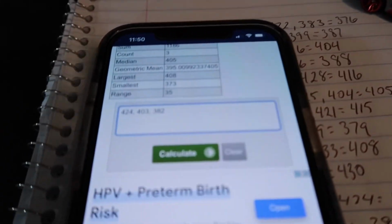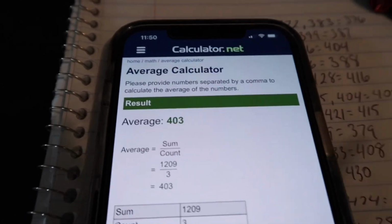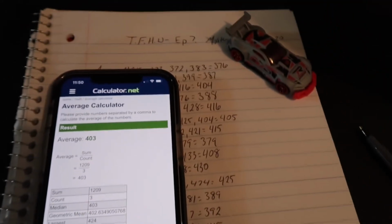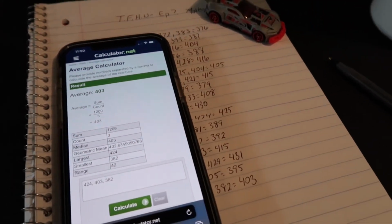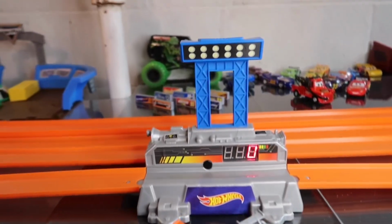All right, Track Ripper number 4. He had it going strong to just let it go there at the end. 424, 403, 382. Yeah, 403 average. All right, I'm going to go ahead and calculate these numbers, get our podium, and look at our overall loser. I'll be right back. Oh, let's go ahead and take a look at our podium for the fastest Hot Wheel